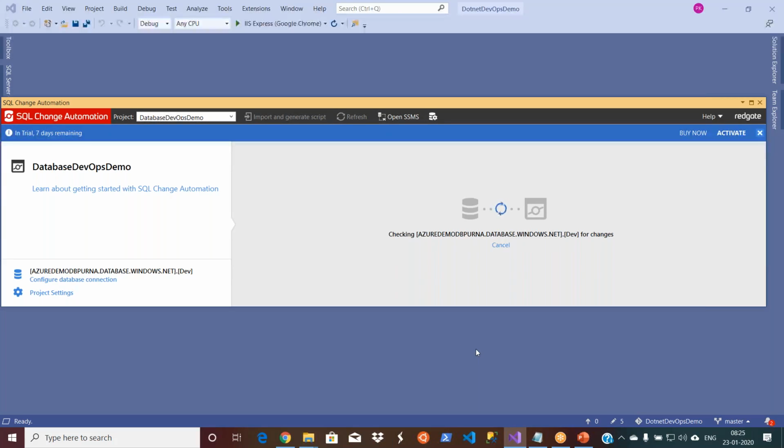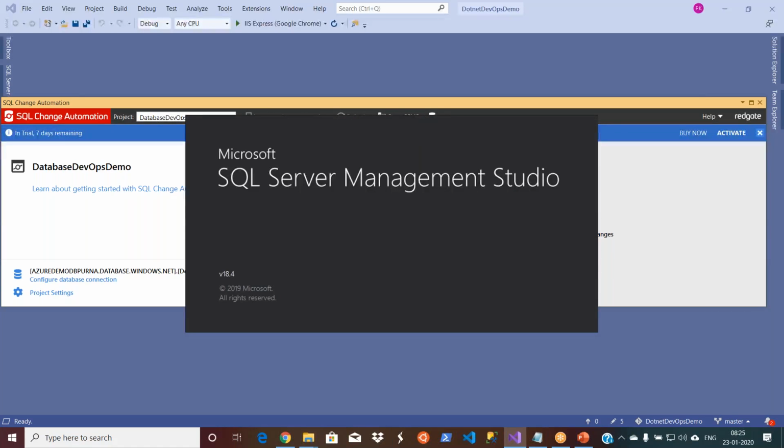While it is doing it, let me open my SQL Server Management Studio and connect to those databases. As I told you, I can work with the database from SQL Server Management Studio or from Visual Studio as well, because it is just a UI. The UI is embedded in all the processes, so there is no difference in the way you work. It looks exactly the same, but some background task is happening.